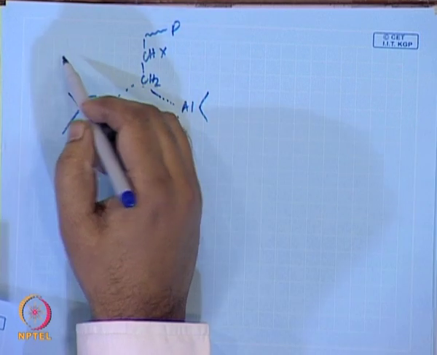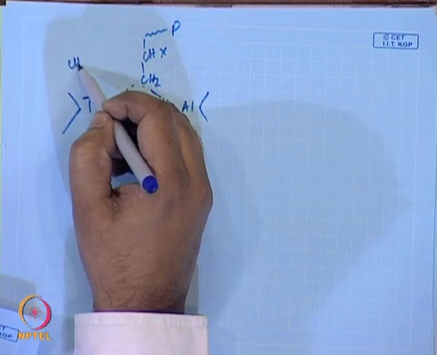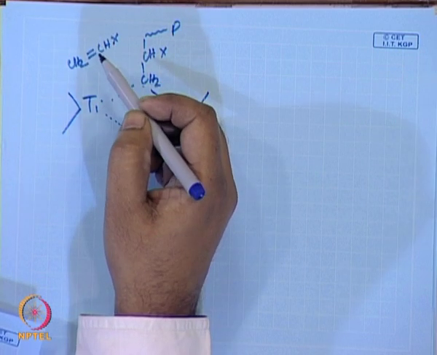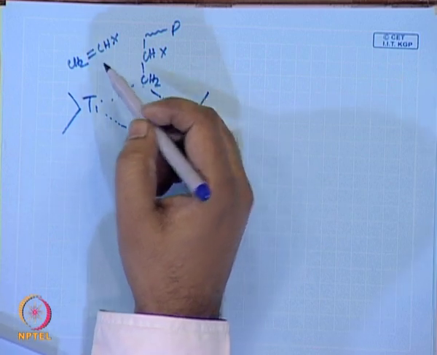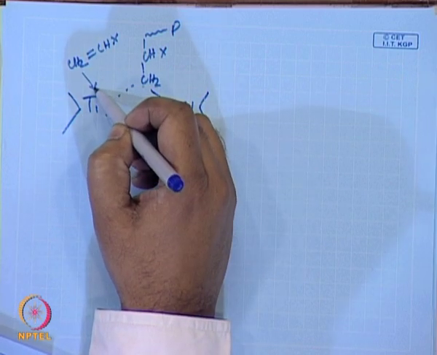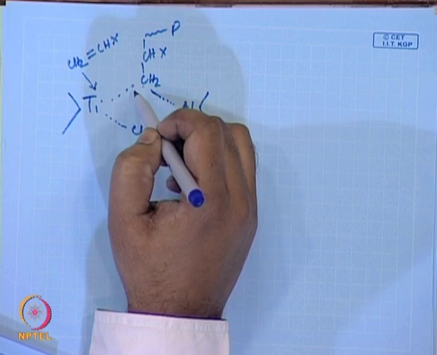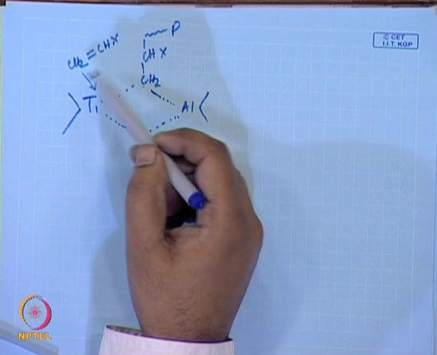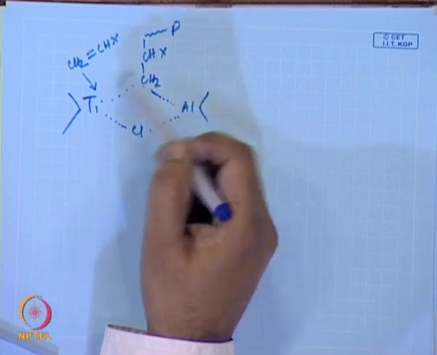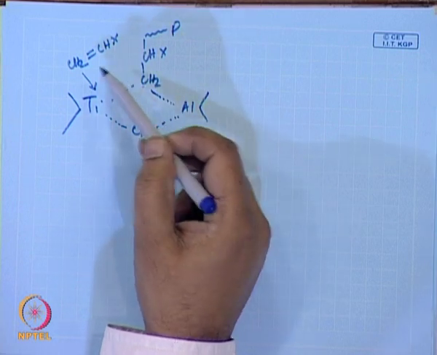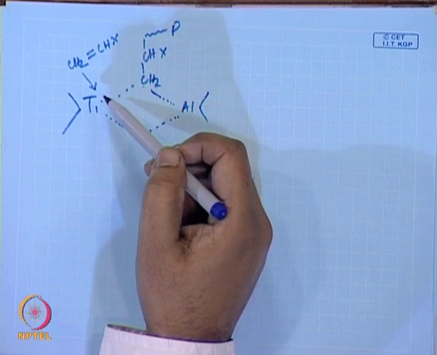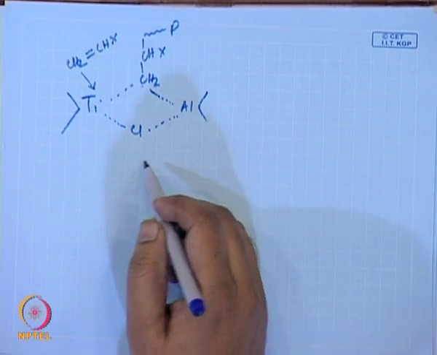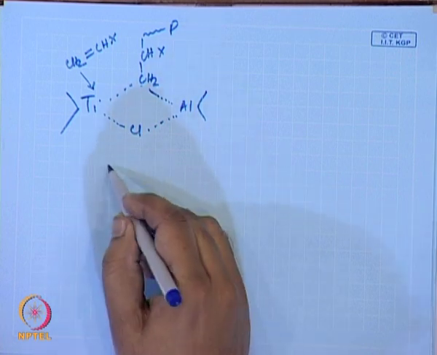And what happens first is the formation of a pi complex between the monomer and the titanium center. This olefin is nucleophilic, and this is electron deficient. So, this approaches and forms a pi complex with the titanium center, which gives you